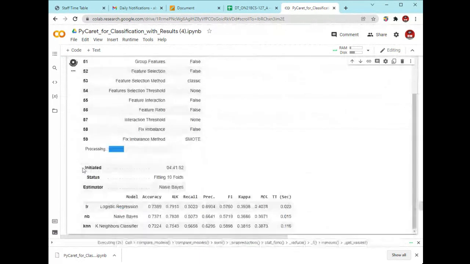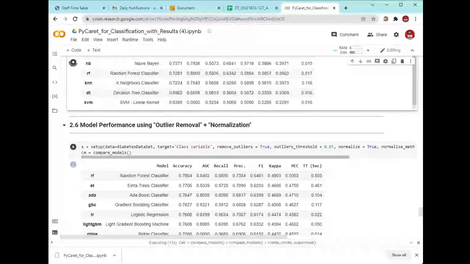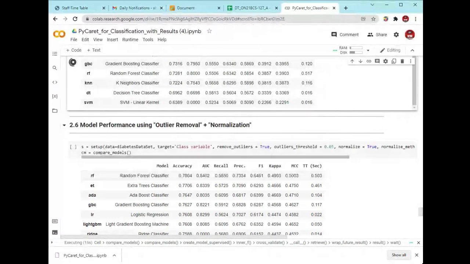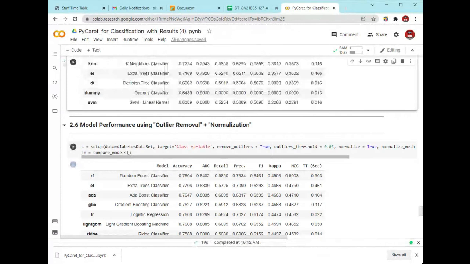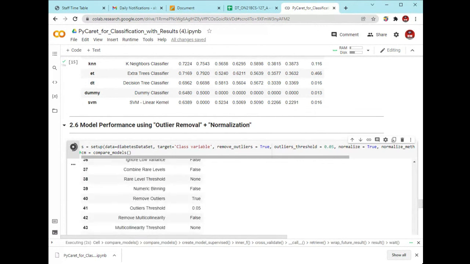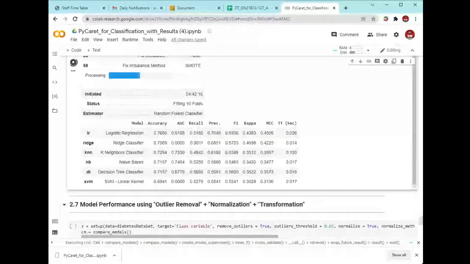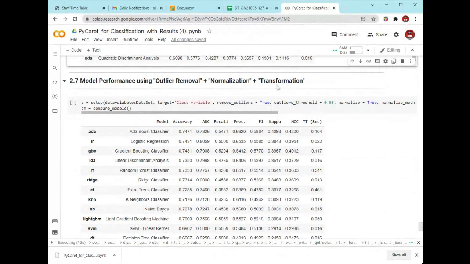After applying all these parameters, we have to combine them with the other parameters. So right here you can see outlier removal and normalization combined together, and you can see the accuracy of this model has increased compared to the previous output. We have seen that outlier removal plus normalization plus transformation, all three parameters, we can apply in the same line of code.